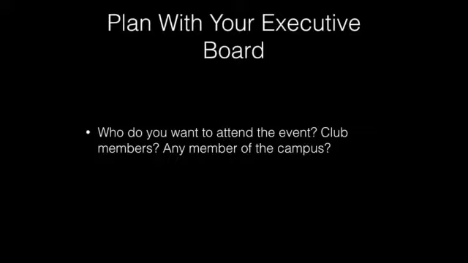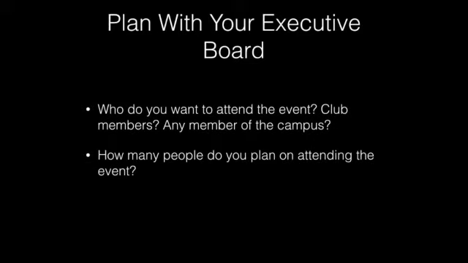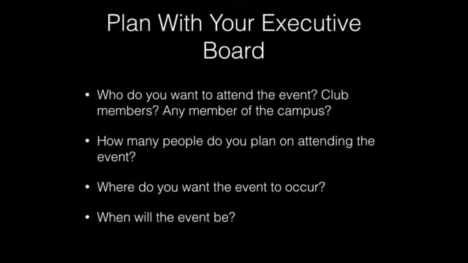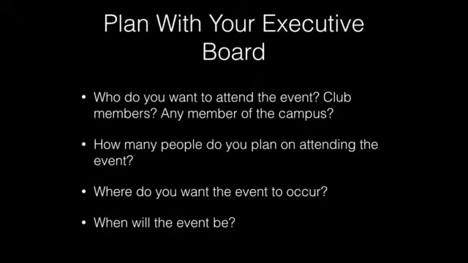The first step in planning a successful event is talking with your executive board and club about the expectations of the event. Together, you should brainstorm who you want to come to the event, what the event is, how many people you expect to come to the event, and where you want the event to occur, among other considerations. When you are done creating this outline, it is time to start reserving spaces and filling out the event registration